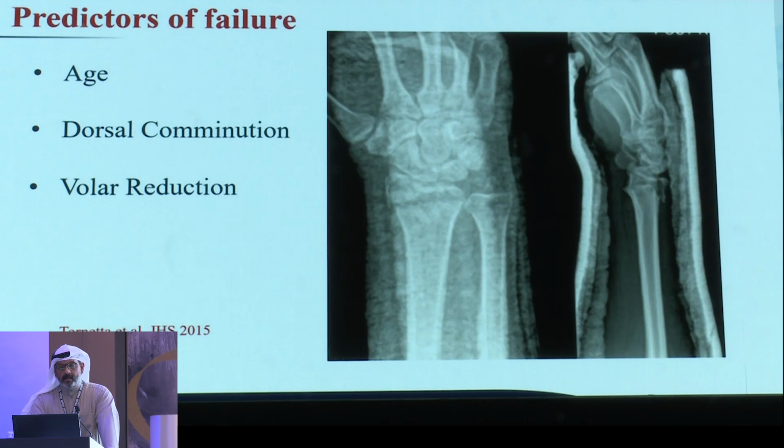So, Trumble in 2015 published predictors of failure. One of the predictors is age. Shall I fix a 70-year-old's intra-articular distal radius with displacement and treat him the same as a 20 or 30 years old? Another predictor is dorsal comminution. If you see in this X-ray,